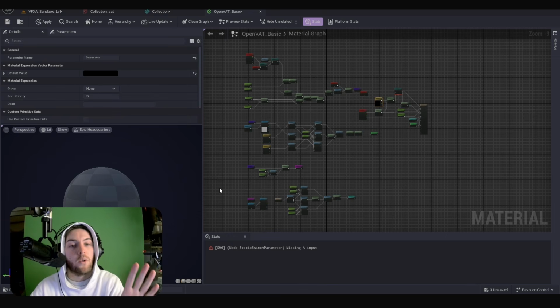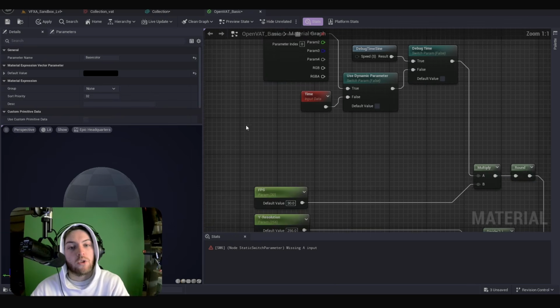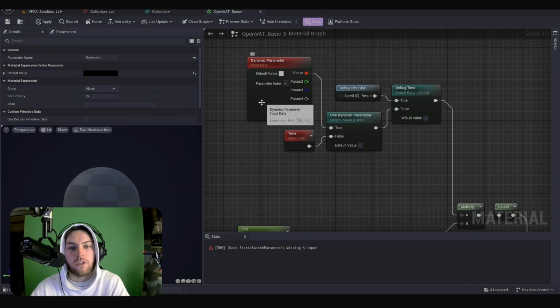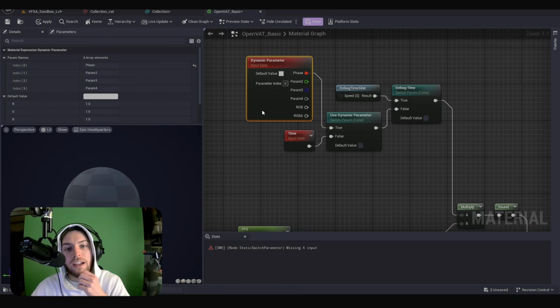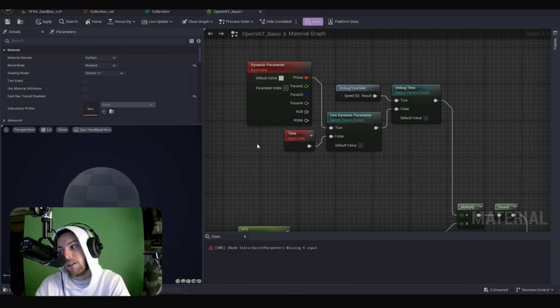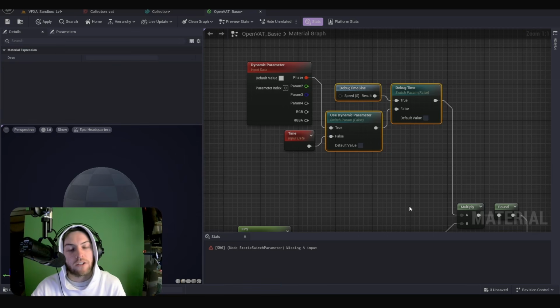To prepare this for VFX, what we are going to do is go to the top left, and we are simply going to replace time with a dynamic parameter. This is the only thing you need to change if you want the lifetime to be relative to the particle lifetime. I've set this up with a few extra quality of life things that I can use to test this and basically instance this particular shader all around my project. You do not need to worry about this. For the sake of getting it to work in the first place, you don't need to change anything in this